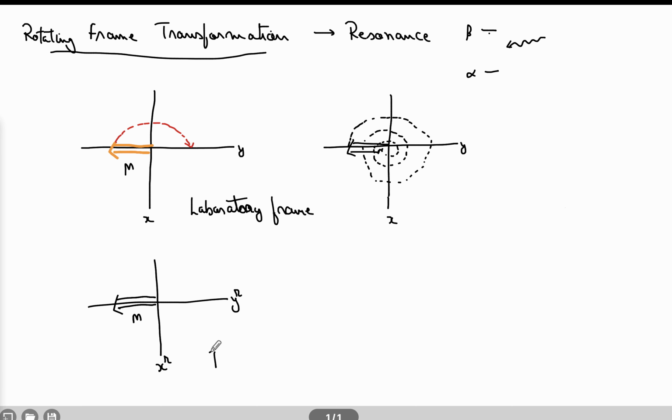And this is called as a rotating frame. So under rotating frame, the magnetization would appear static. It is not static, but it would appear static. It's an illusion that is created by assuming that the rotating frame, the frame itself is rotating, right? So M stays stationary. Or rather, we should say appears stationary, right? Instead of stays.